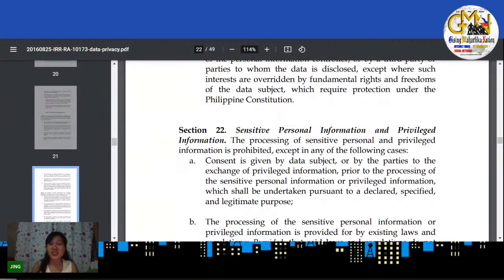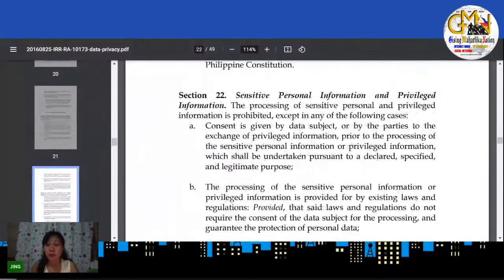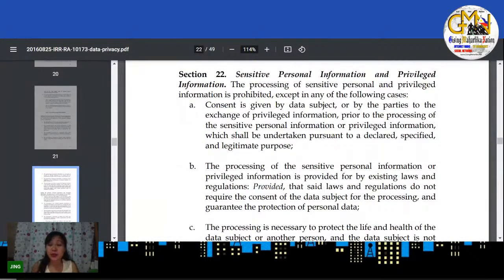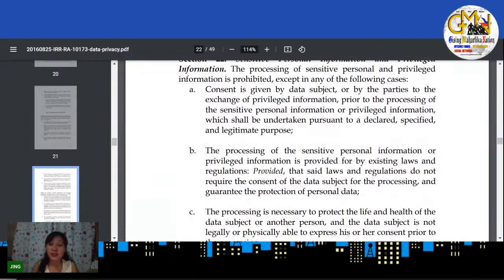Section 22. Sensitive personal information and privileged information. The processing of sensitive personal and privileged information is prohibited, except in any of the following cases. A. Consent is given by data subject or by the parties to the exchange of privileged information prior to the processing of the sensitive personal information or privileged information, which shall be undertaken pursuant to a declared, specified, and legitimate